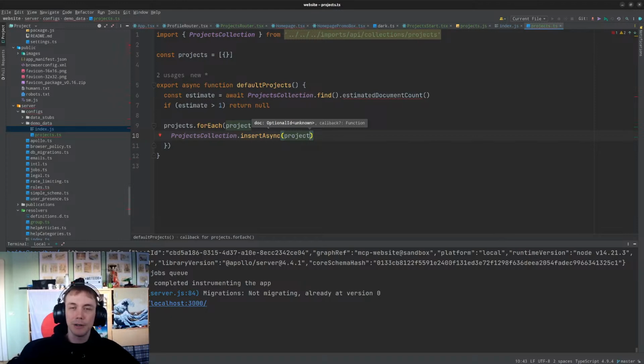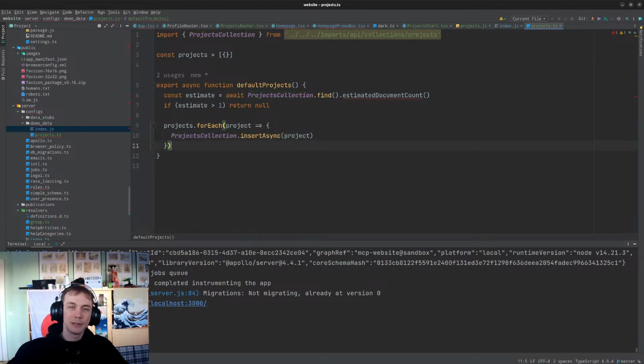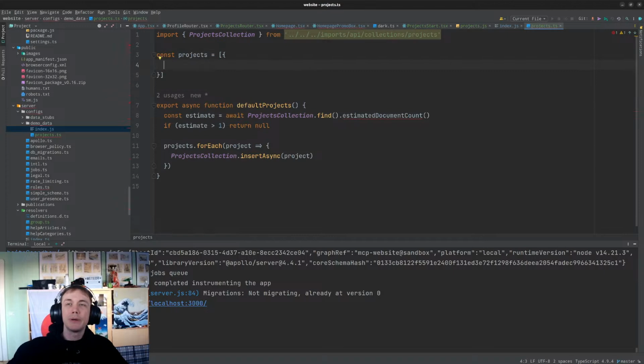It doesn't matter to have it synchronously in this case, so you don't even have to do the await here. Alright, so we'll do that,